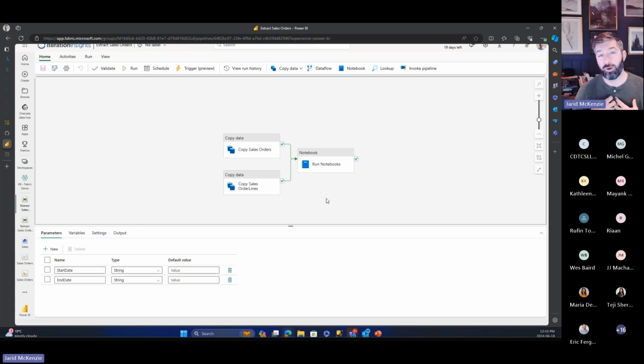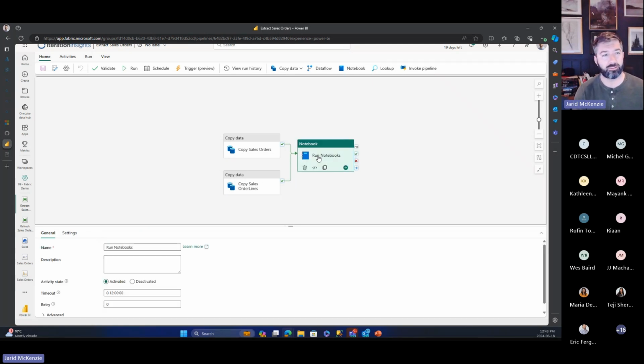From there, a lot of what I tend to do is start running notebooks or Spark jobs. Right now, a lot of it tends to be notebooks because a lot of it is very exploratory. And notebooks, when you run them in the fashion that I'm going to show you, actually end up being pretty performant in relation to